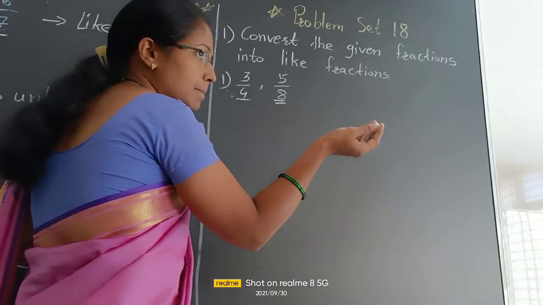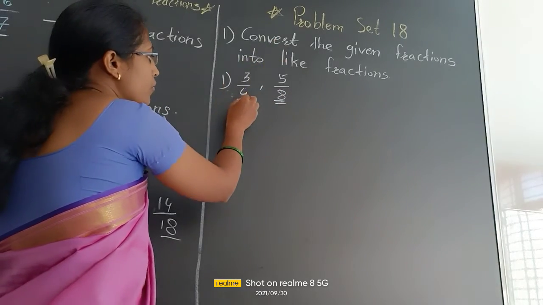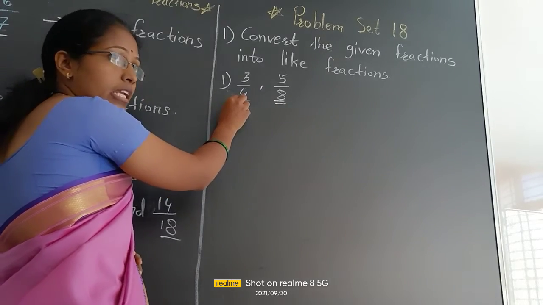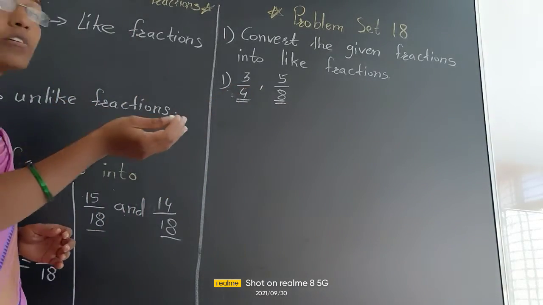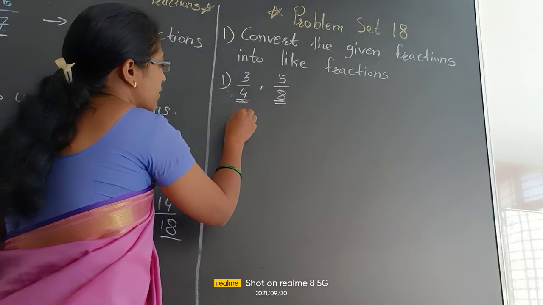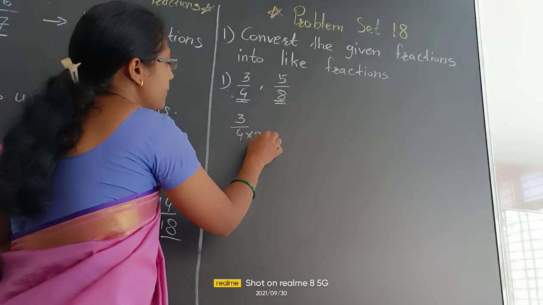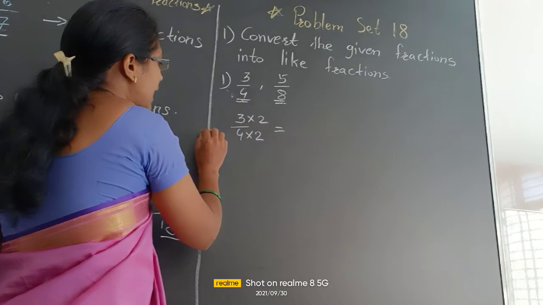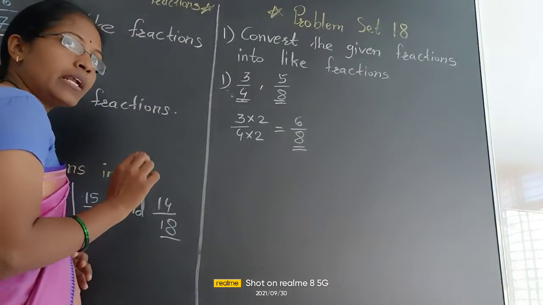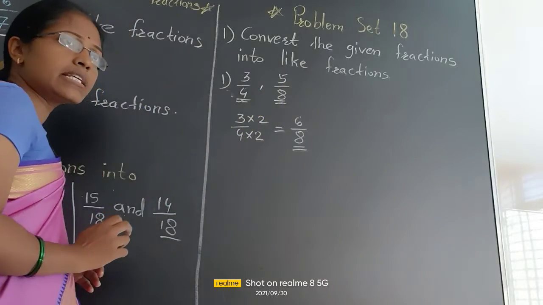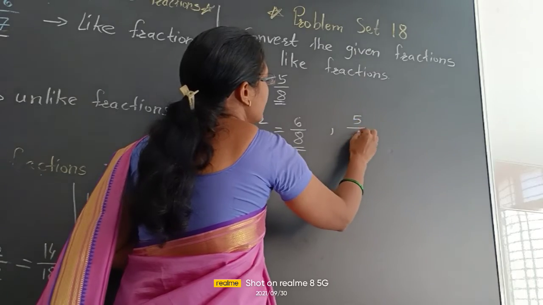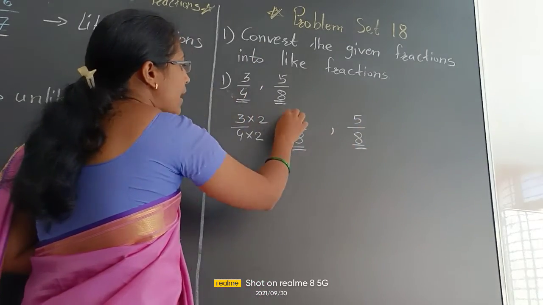So to convert into like fractions we have to make them the same. So 8 ones are 8, 4 twos are 8. If we multiply the first fraction 3 upon 4 by 2, we will get 6 upon 8. So here the denominator comes to 8, and here 8 is already given in the denominator. So no need to change 5 upon 8. These two fractions are